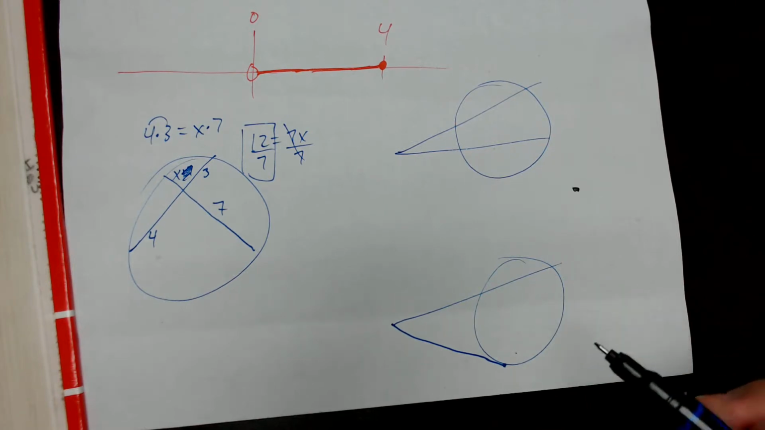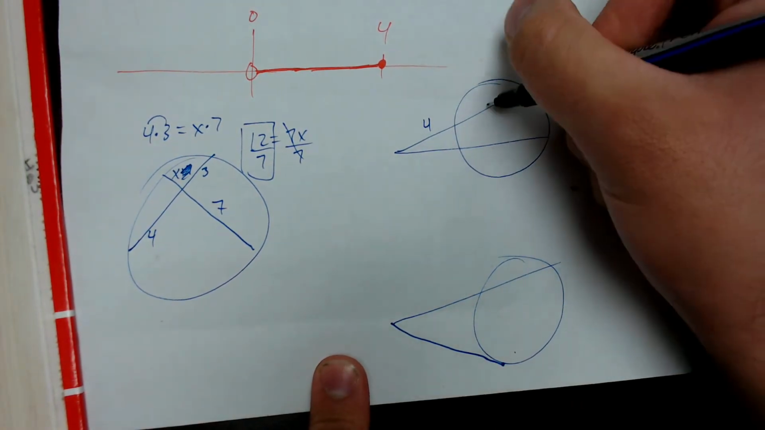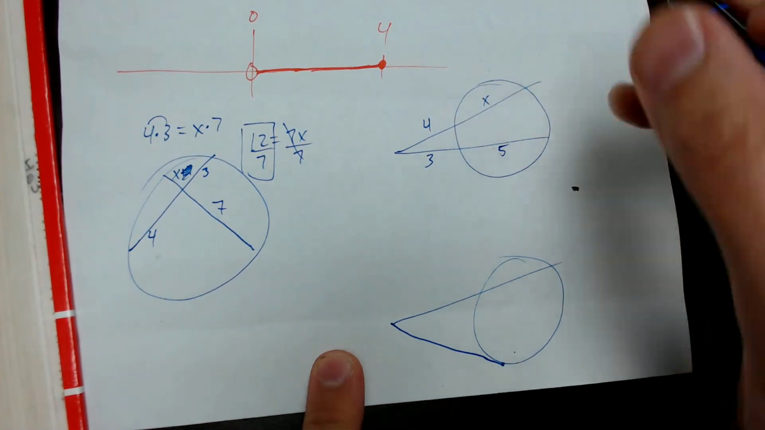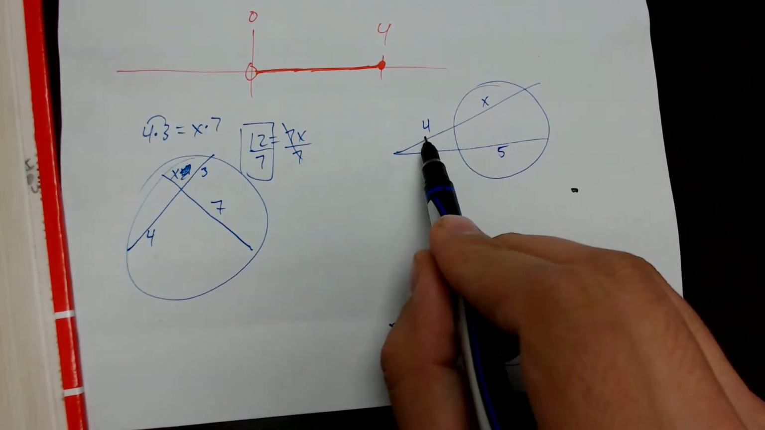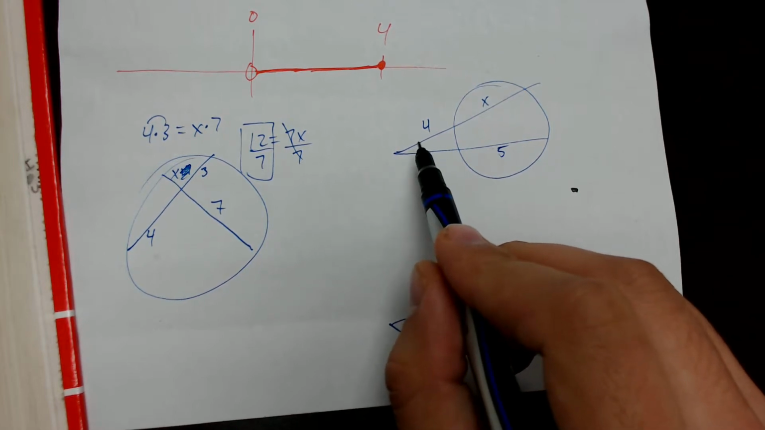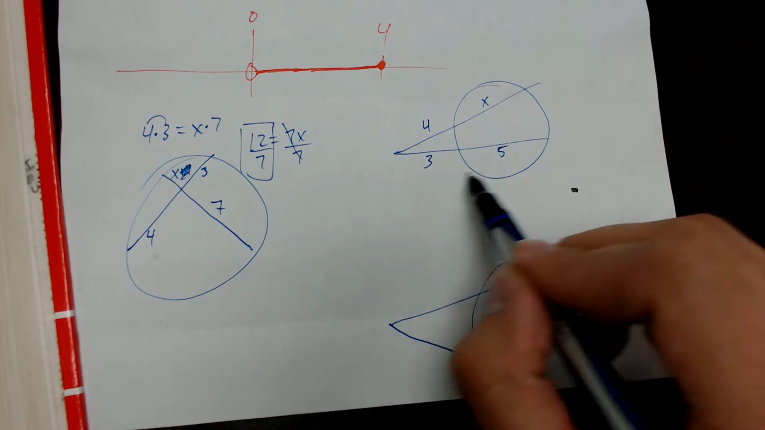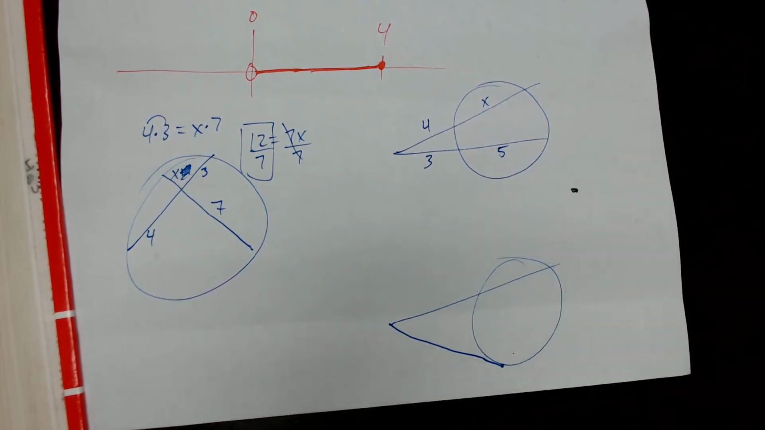So if I have 2 secants, and this segment is 4, and this segment is x, this one will be 3 and 5. The rule here is that the outside segment times the entire length of the secant will equal the outside segment times the entire length of the secant. So what that equation looks like